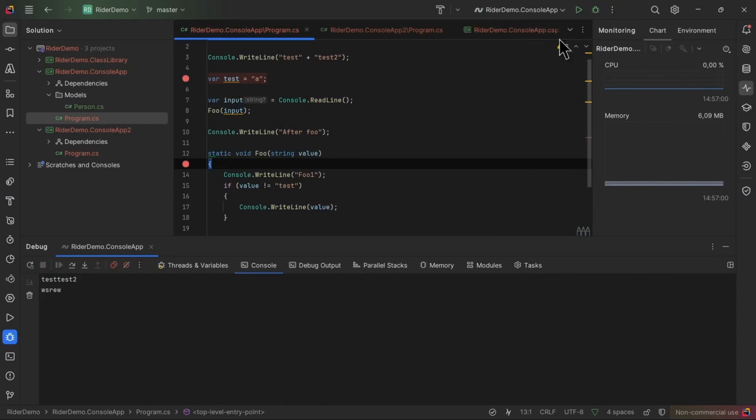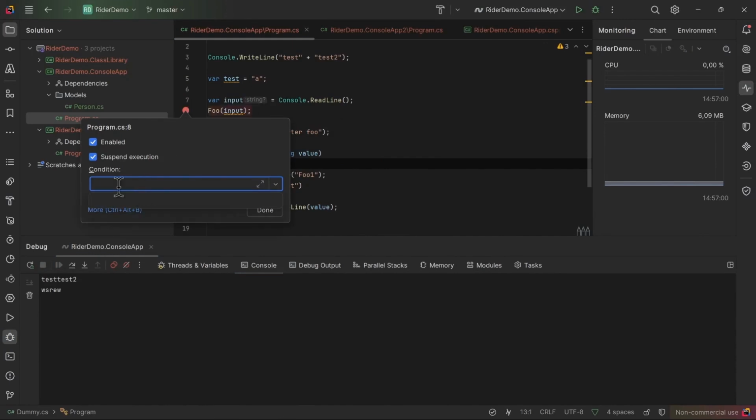Moreover, breakpoints can also be optional. For example, instead of placing a regular breakpoint, we can add a condition to it by right-clicking on it, and then, in the condition option, create any condition based on which the execution of our program will be paused. So for example, I would like to stop this program only when the input value is equal to the value,